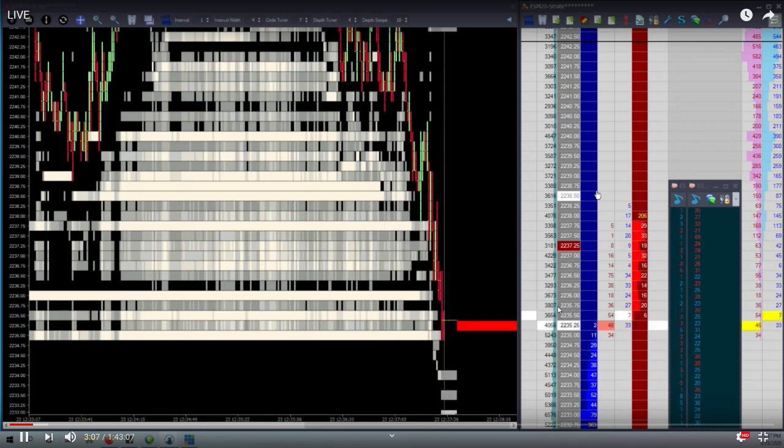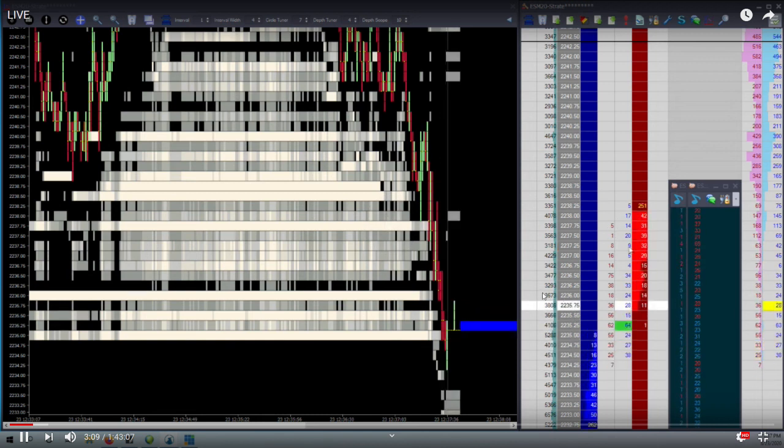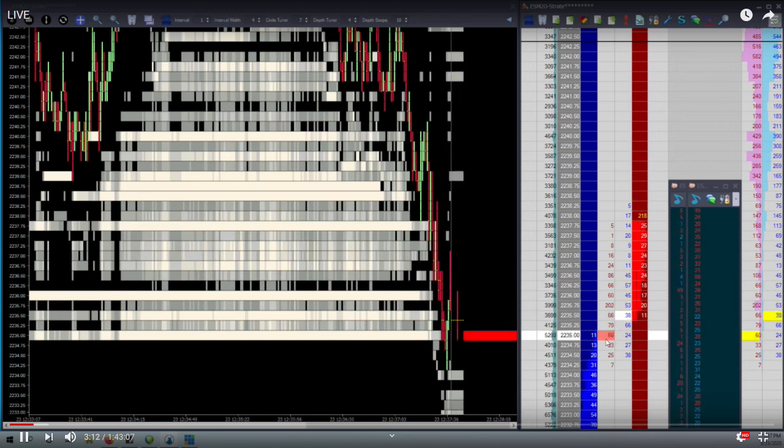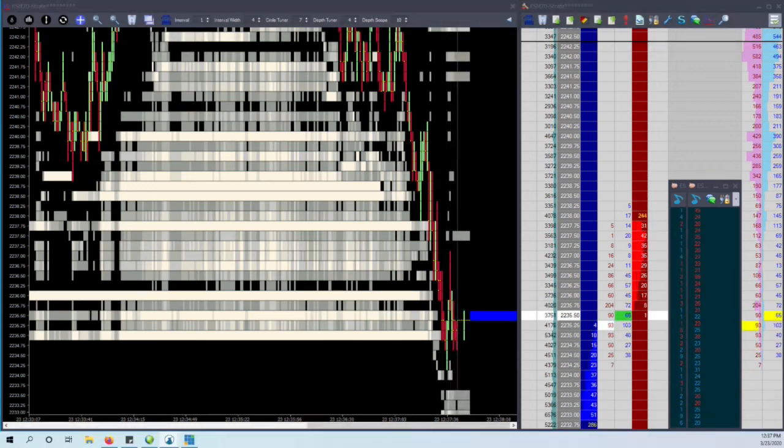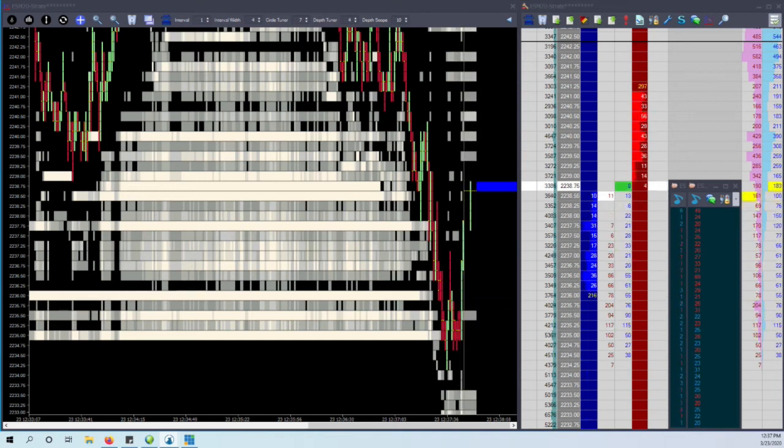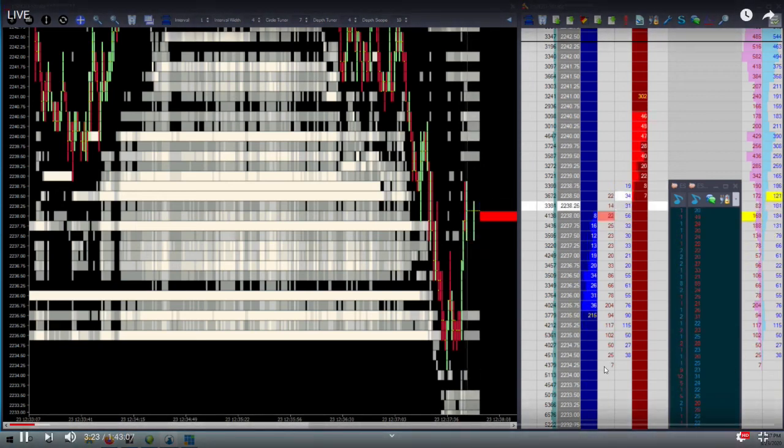I'm still holding 2, and then I get out right there, right when it kind of starts to go back. Because that's all I'm looking for out of these things. A nice 10 ticks is good for me. And that was actually a nice exit, too. See how it comes back up?